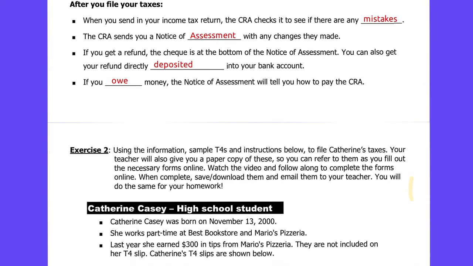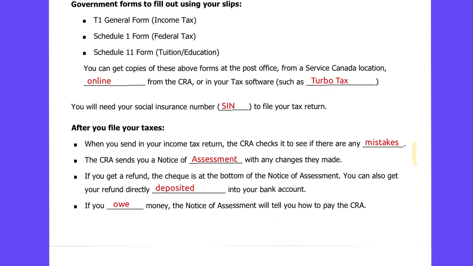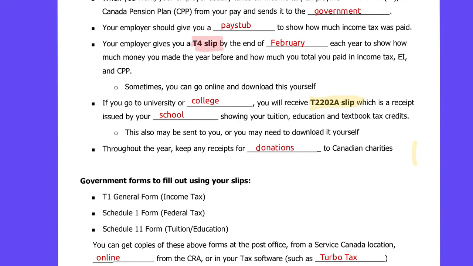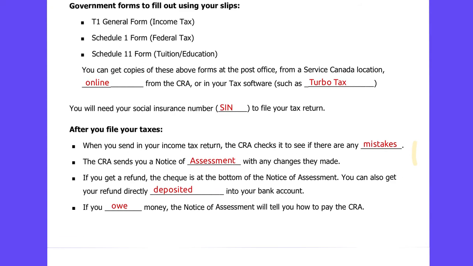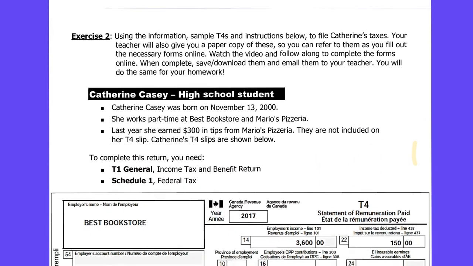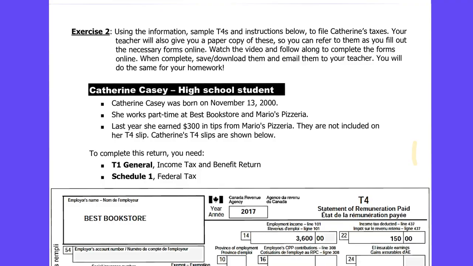So now we're going to have some practice actually filing our taxes. We're going to use our T4 slip or a T2202A slip, and we're going to fill out these government forms like the T1 General or the Schedule 1 and so on. We've got some examples here. Our first example is about a high school student named Catherine Casey.